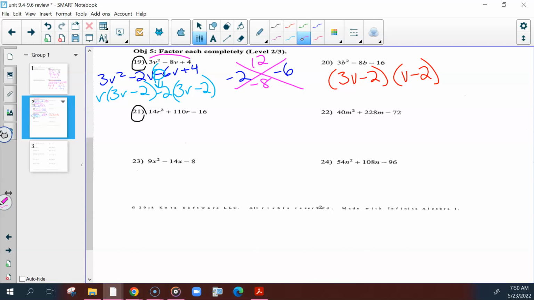For number 21, we didn't do this for 19, but we should have. Does this have a GCF? Two. We can divide them each by 2. So if we do that, what would be left? 7r squared plus 55r minus